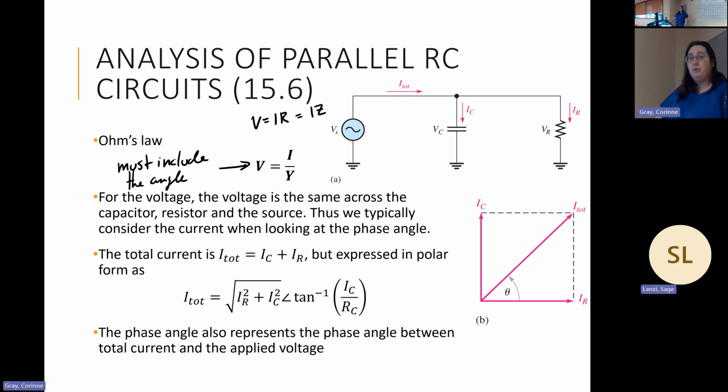And that means we can again describe our current in polar form by using this equation here. So we have the current through the resistor squared plus the current through the capacitor squared, add them together, square root it. That will get us the magnitude of the total current value. To find the angle, inverse tangent, IC